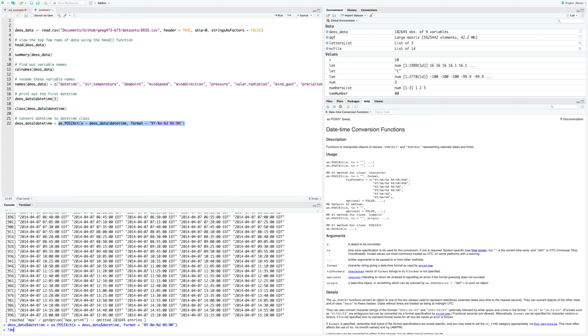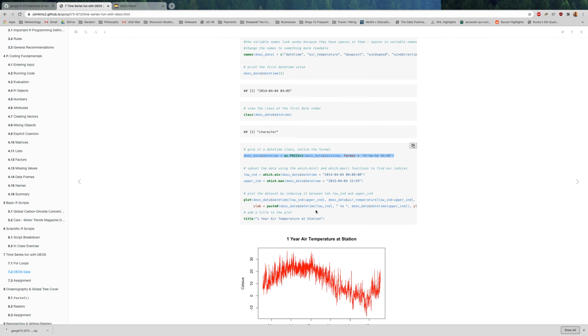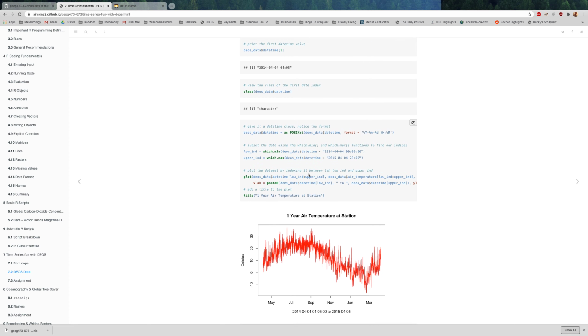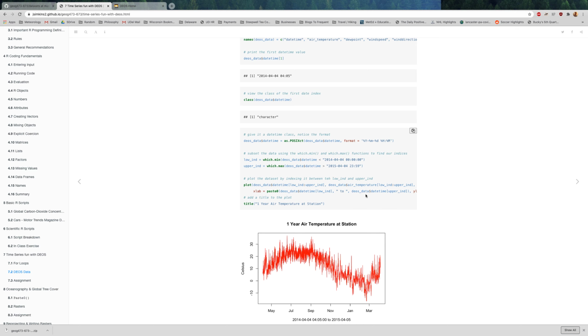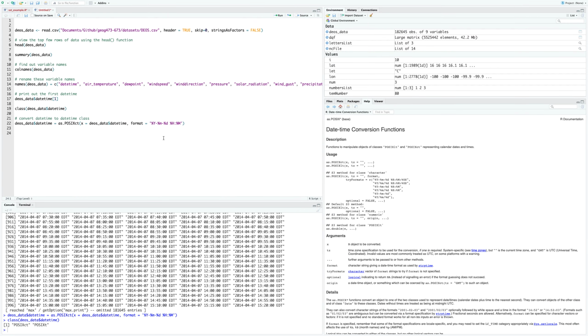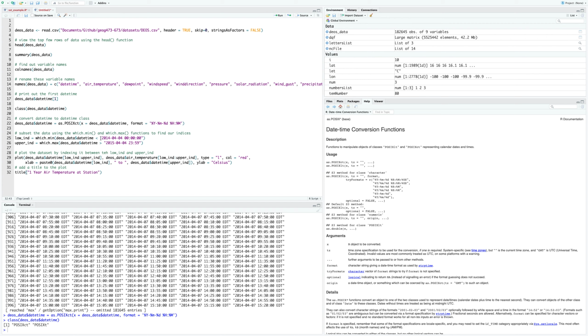So now, if I run class on Dios data datetime, it's a POSIXct class, which is just universal time identification. So now that it's in a datetime class, it makes things easier. It makes things easier for plotting. So what we're actually going to do now that we have the dates correctly organized is